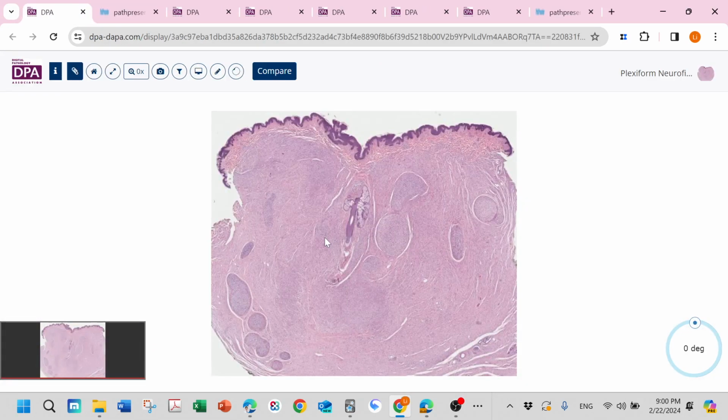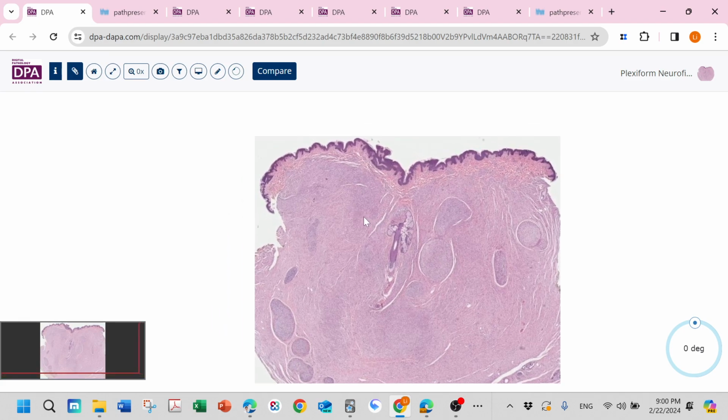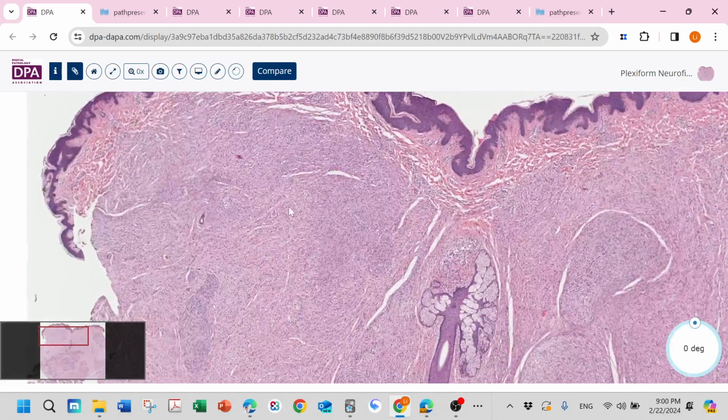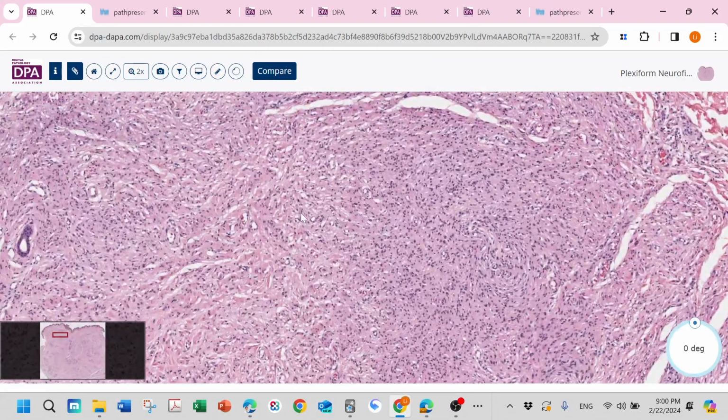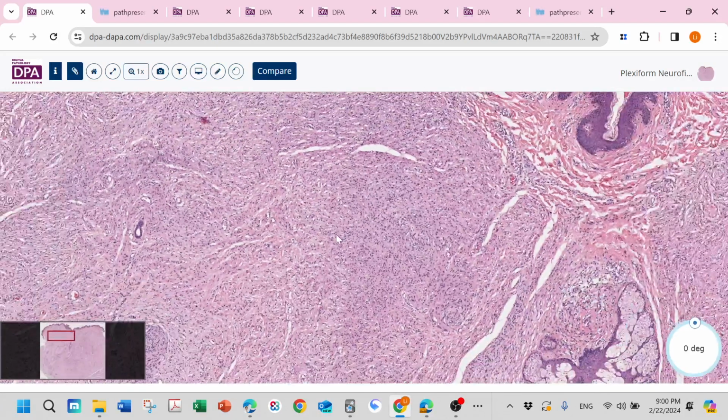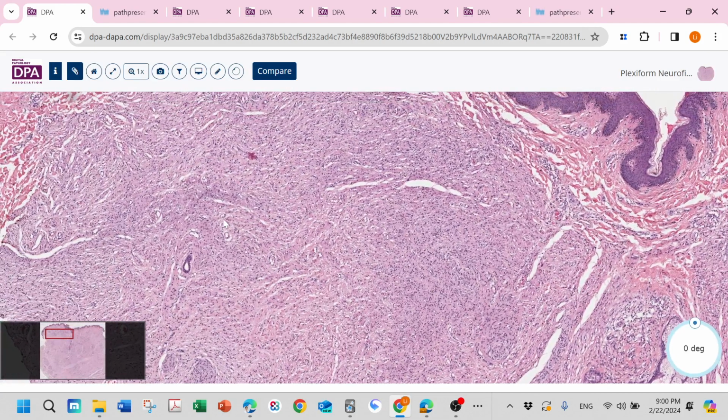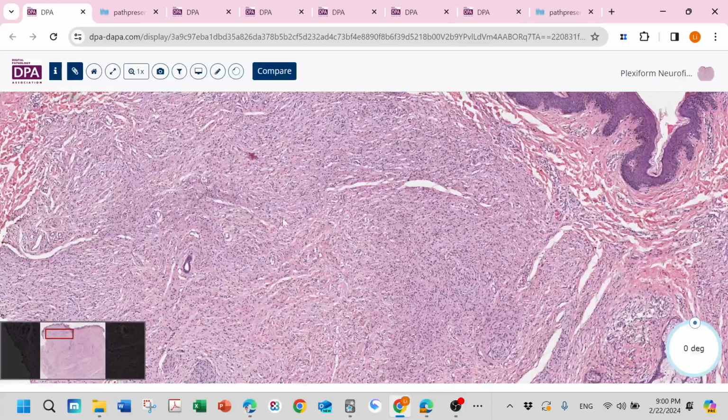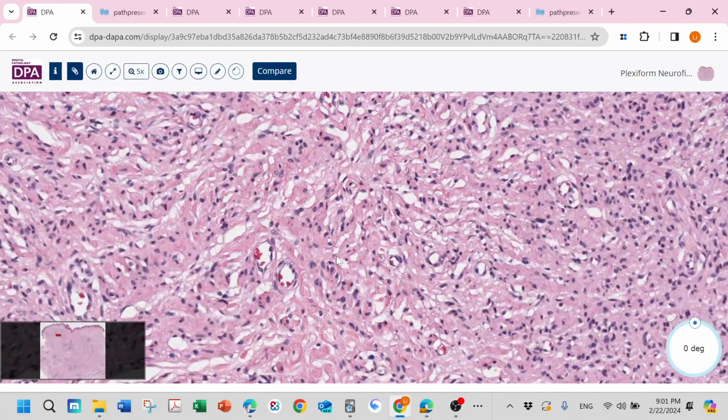This one is a little bit different. Still diagnosed as neurofibroma, but we can see this really distinct nodule forming this worm-like nodule in the dermis. Let's focus on the regular neurofibroma area to recap all the features. So we do not see any growth pattern we can recognize, like storiform, vesicular growth, herringbone, of course not. We just see this haphazard growth of this spindle cell. When we zoom in, we can see these spindle cells, they do not form any structure,